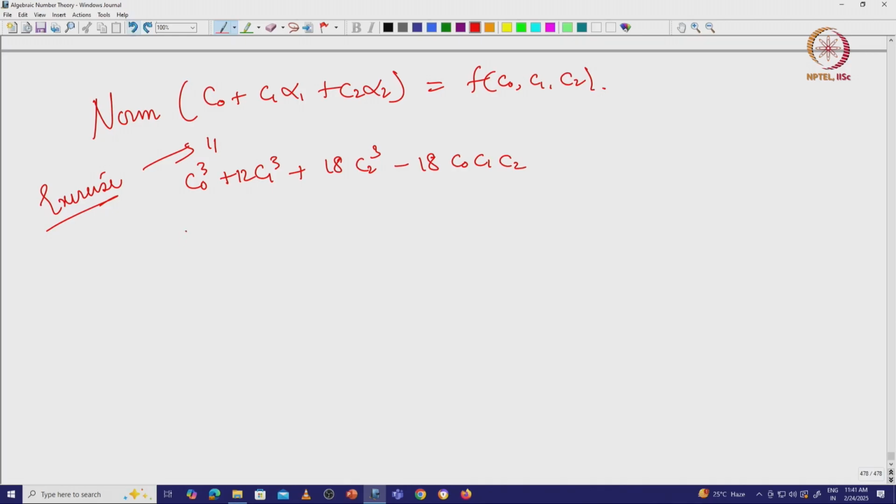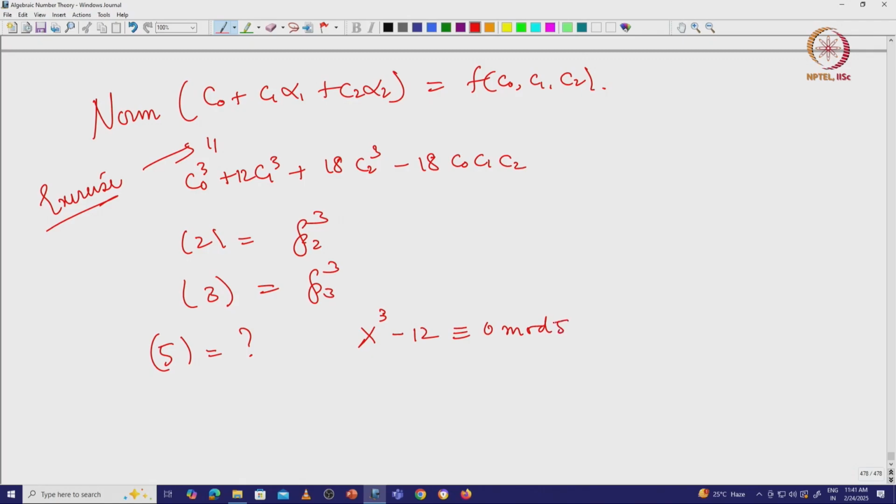So, you see that if you take the ideal generated by 2 in here, then this is P2 cubed, we know this from our proof. The ideal generated by 3 is also P3 cubed. The ideal generated by 5, what is this? Well, I just look at x cubed minus 12 congruent to 0 mod 5. So, this is x cubed minus 2 congruent to 0 mod 5, right, and this thing has a